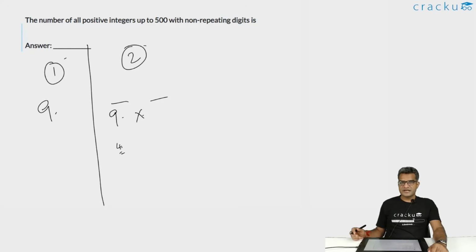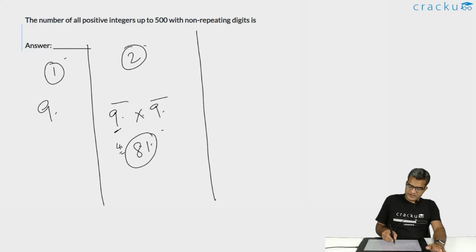The second number can be either 0 or 1 or 2 or 3. You won't include 4 or 5 or 6 or 7 or 8 or 9. So there are 9 possibilities. We are basically, out of the 10 digits, removing the first digit, whatever is used, and adding essentially 0. So you will have 81 such 2-digit numbers, such that the first and the second numbers are different. If you are looking for 3-digit numbers,